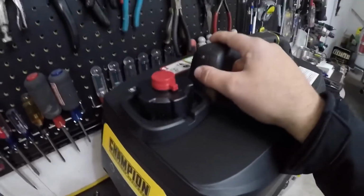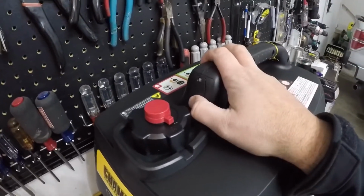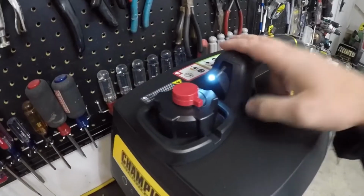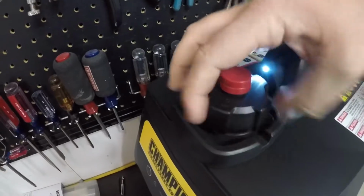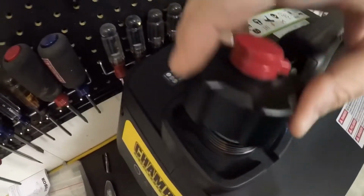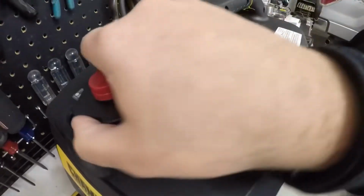This right here was one of the design features on this particular generator that I found most attractive. I know on many occasions when I'm camping, having to fill up the generator at night, being able to flip this up and see the fuel level, it's going to be a very nice feature. It shines right in there. It's good design right there. I'm not sure what this is powered off of. I imagine it's a little watch battery of some kind. Not sure how long it'll last, but